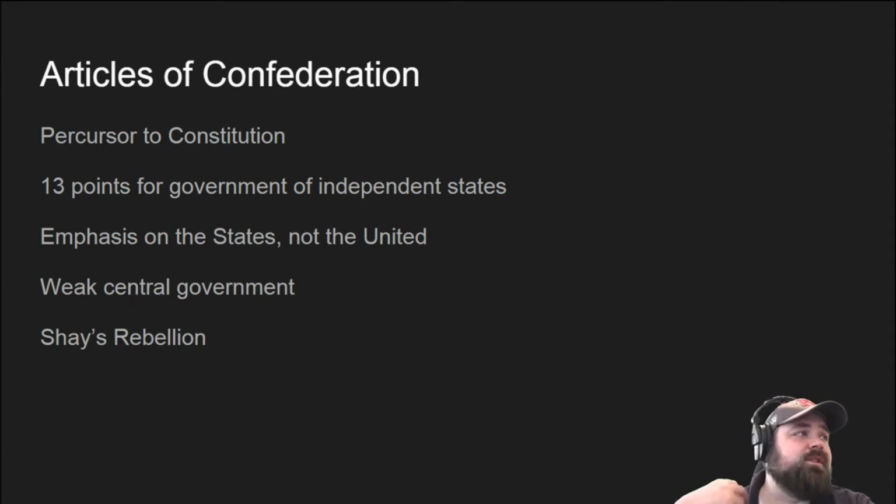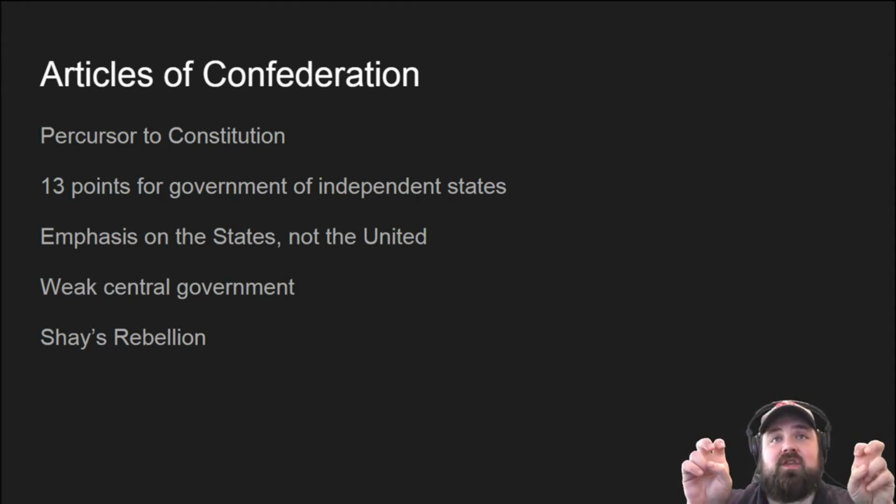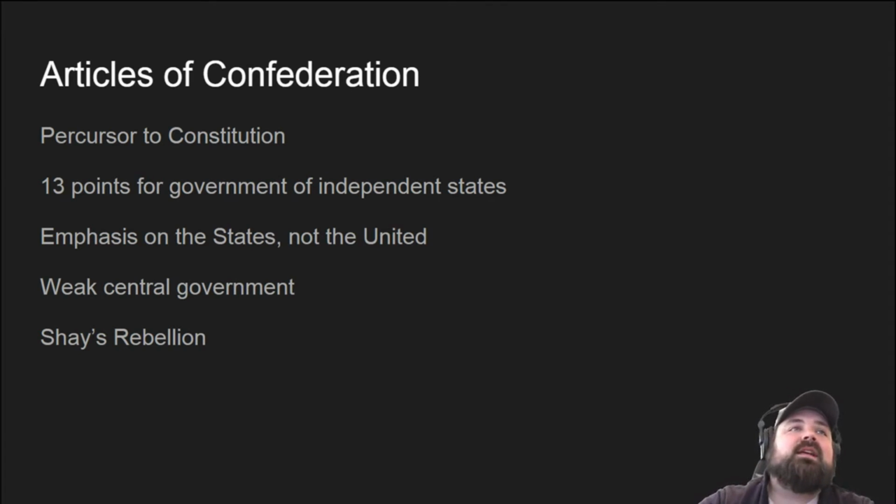So the very first of these articles creates the country, the Confederacy. The style of this Confederacy shall be, quote, the United States of America, end quote, putting the emphasis on states. Article number 2 is really important. It asserts that each state itself will be sovereign. So the states themselves are the sovereign entity, creating a very weak centralized government.